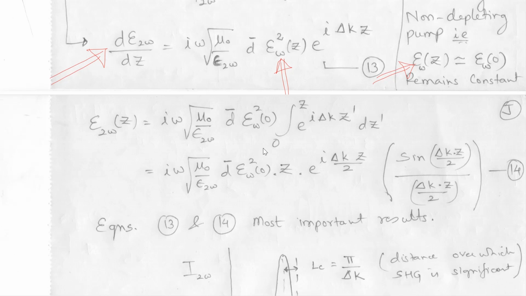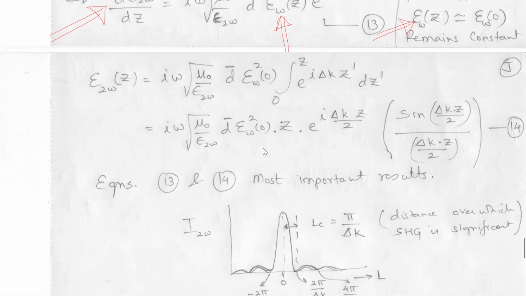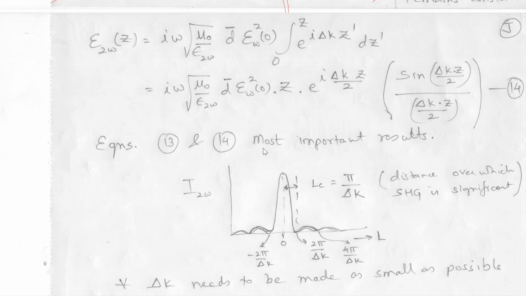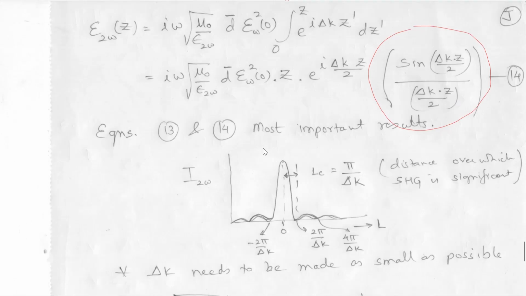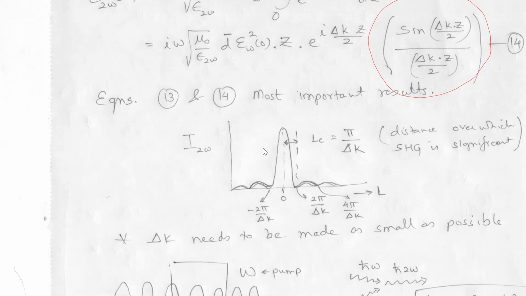So if I take this nonlinear term to be constant, I can quickly integrate. So the only term in the integration is basically the exponential i delta k z dz. So that is the only term that needs to be integrated from 0 to, let's say, z. So what we get is this very characteristic solution, that my E2 omega is related to a sinc function, right? And you know the properties of the sinc. So I am plotting this sinc function as a function of the arguments. Let us say I am plotting this z,